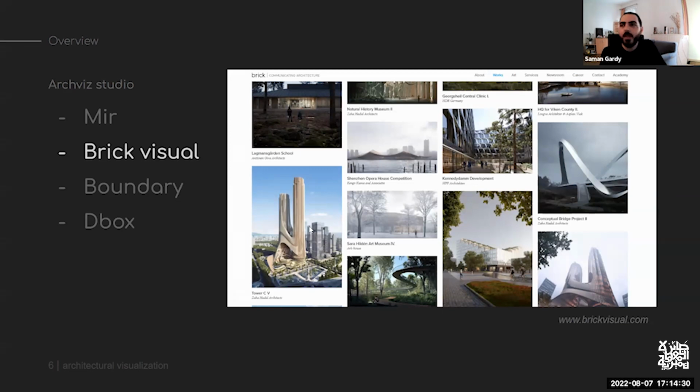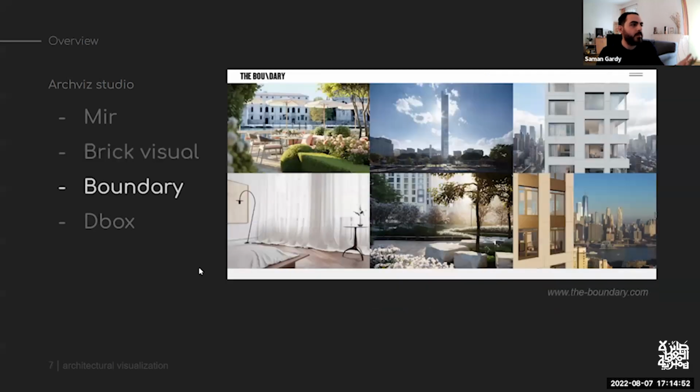The visuals were made by us, and just lately, although it's a controversial architecture project, The Line in Saudi Arabia. Again, the visuals were done by us. So we are working, as I mentioned, with these architecture studios. And then there's another